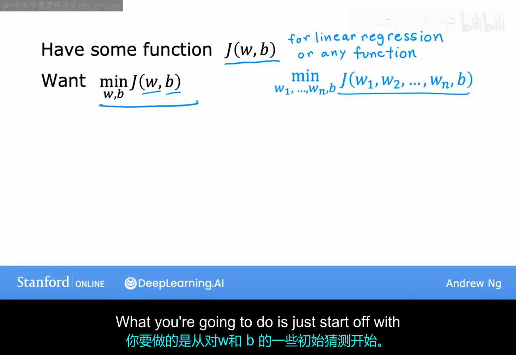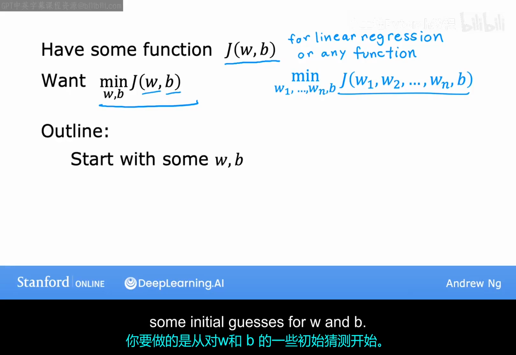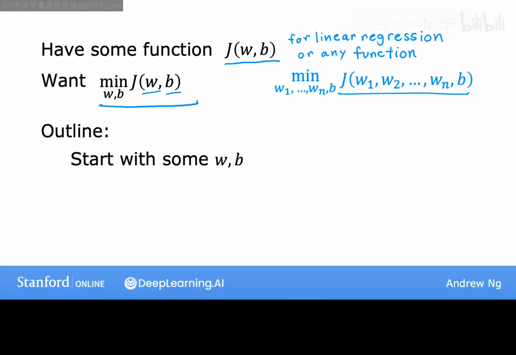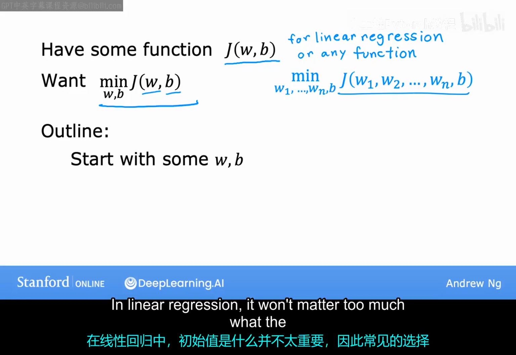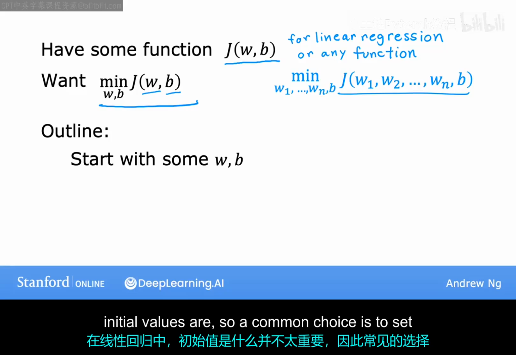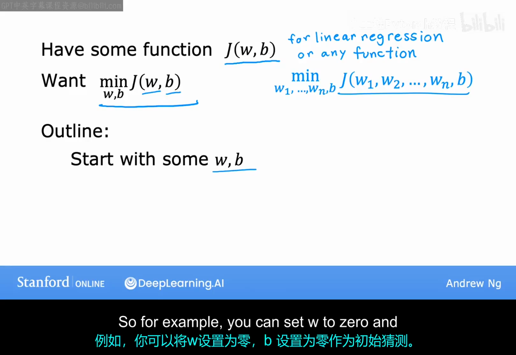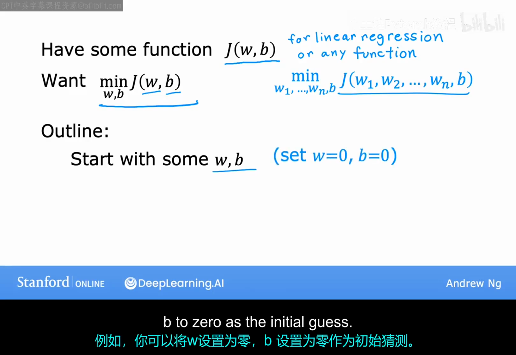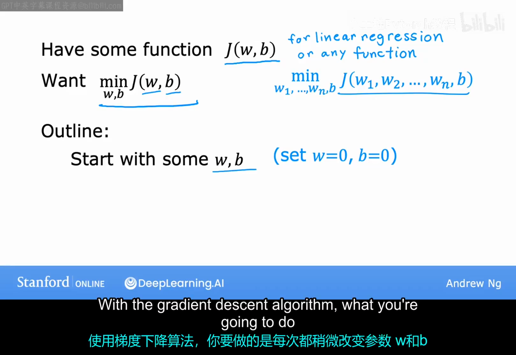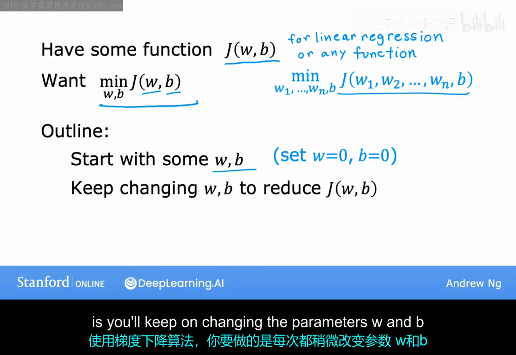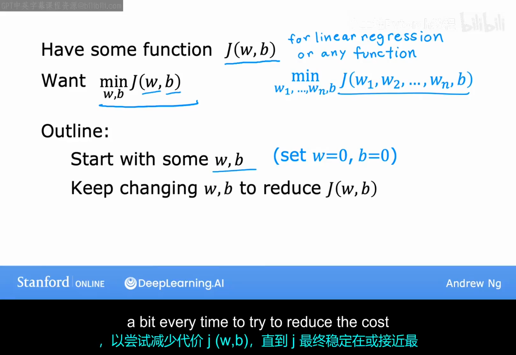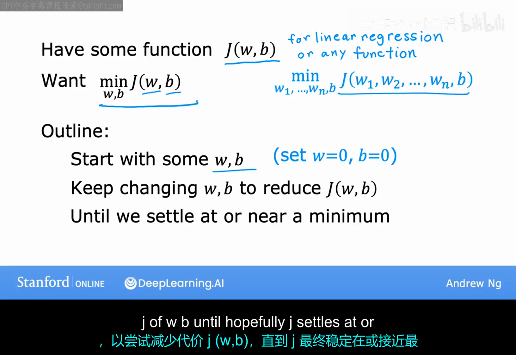What you're going to do is just start off with some initial guesses for w and b. In linear regression, it won't matter too much what the initial values are. So a common choice is to set them both to 0. So, for example, you can set w to 0 and b to 0 as the initial guess. With the gradient descent algorithm, you'll keep on changing the parameters w and b a bit every time to try to reduce the cost J of w, b until hopefully J settles at or near